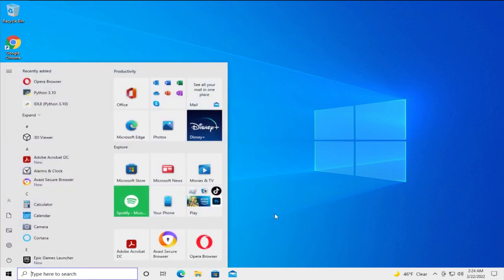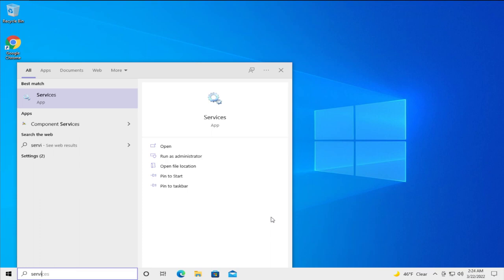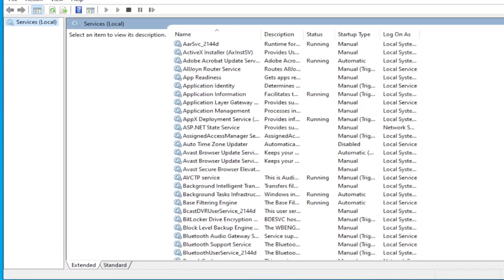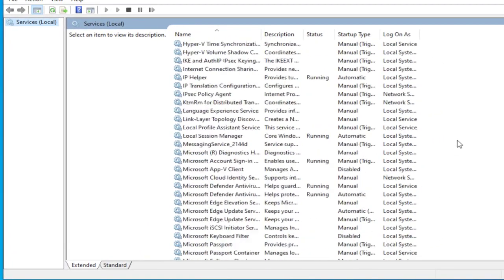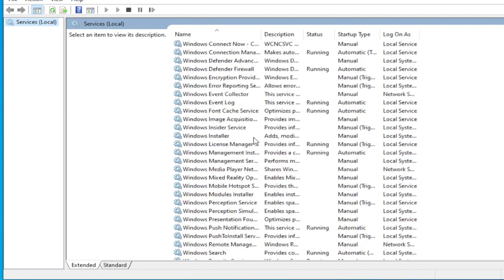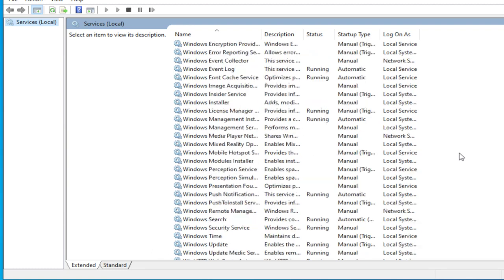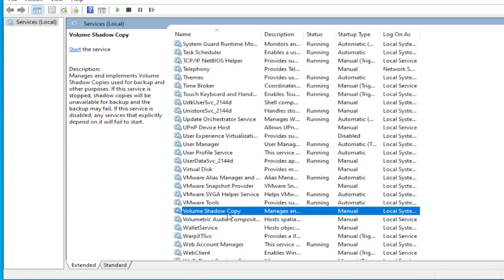Go to the start menu and select services, or type services and hit enter. In this window, scroll down and select this process. Select volume shadow copy. Locate this option, start, and click once,